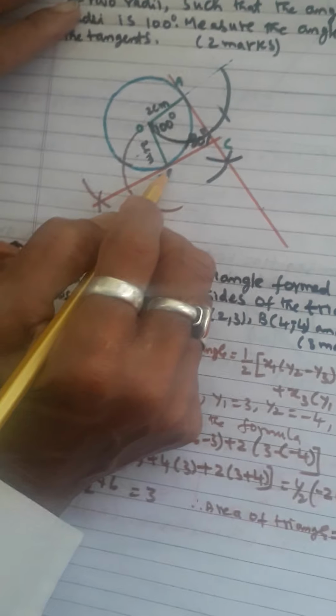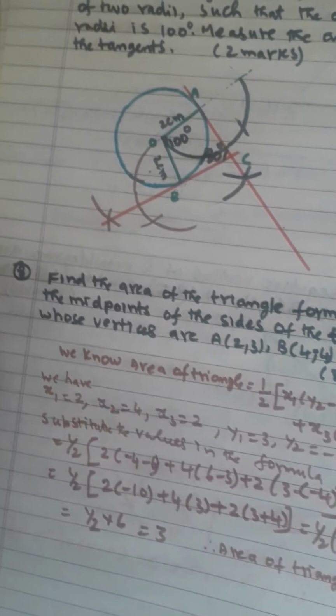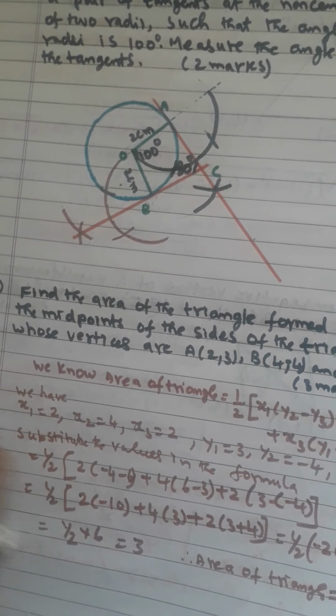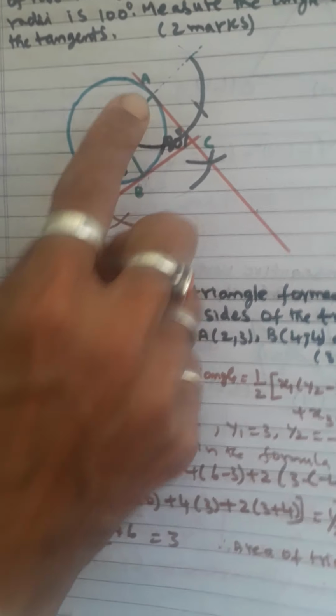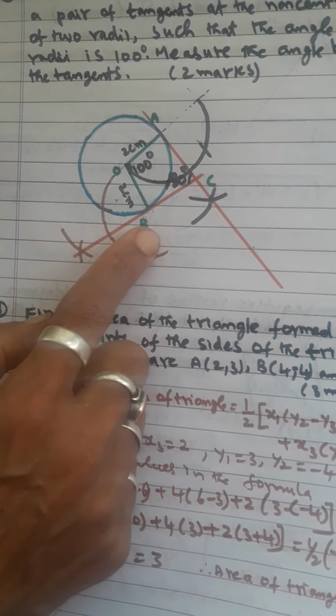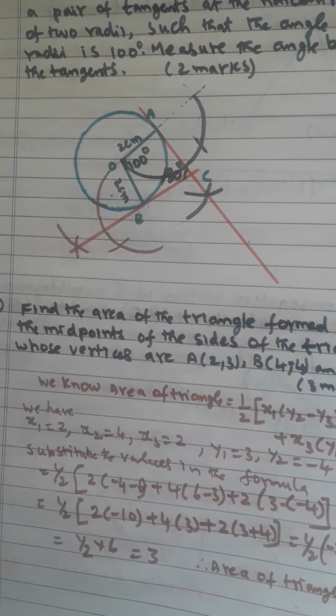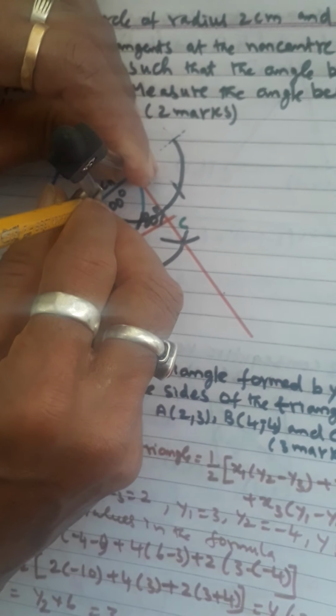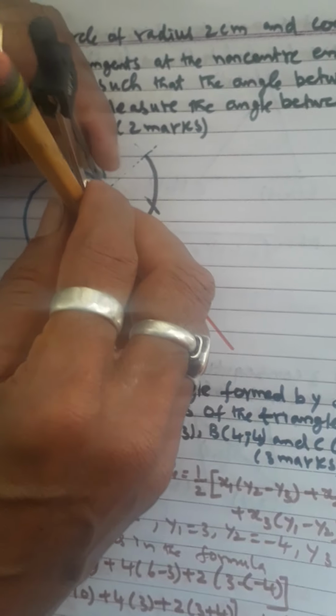Next what you have to do is draw the perpendicular line. How to draw a perpendicular from A? As well as from the point B, you also have to draw a perpendicular line. How to draw this? See, now you have to take that same 2 centimeter radius only. Whatever radius is drawn for this 2 centimeter circle, the same radius you take. Now from O to